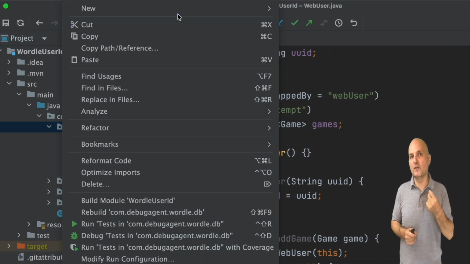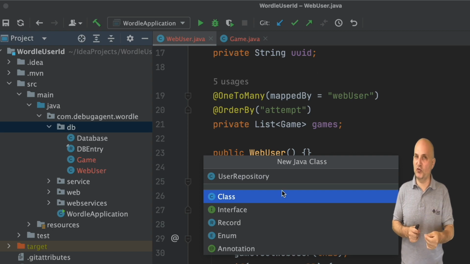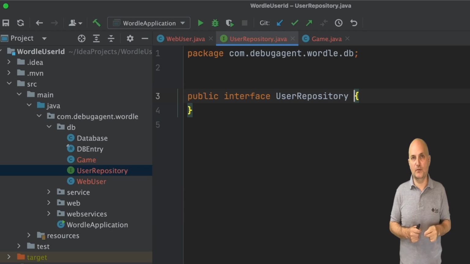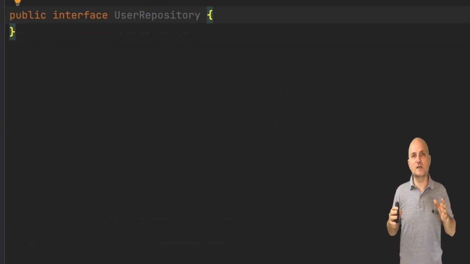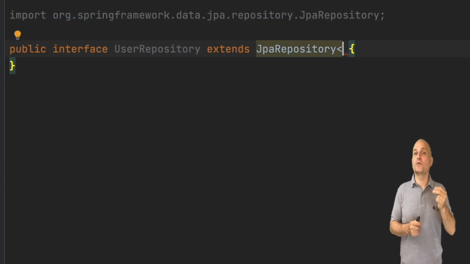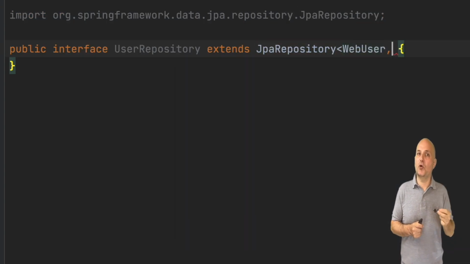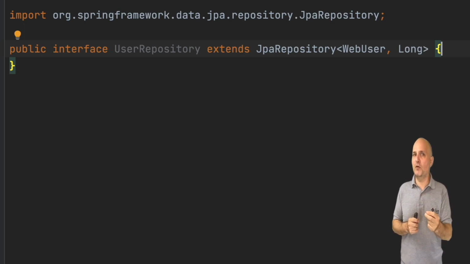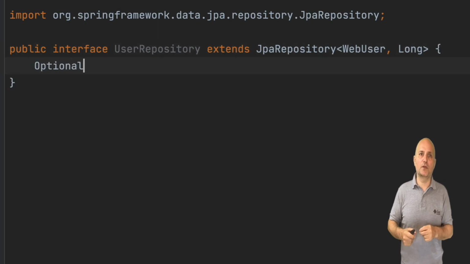Now that we created the 2 entities, we need to create repositories. As you recall, repositories store the data for the application. In this case, you will notice that instead of creating a class, I'm creating an interface. In this interface, we extend the JPA repository. This is part of Spring Data and not a standard part of JPA. Here we can define access to a JPA entity that will map directly to the SQL table based on the type of the primary key and the type of the entity.